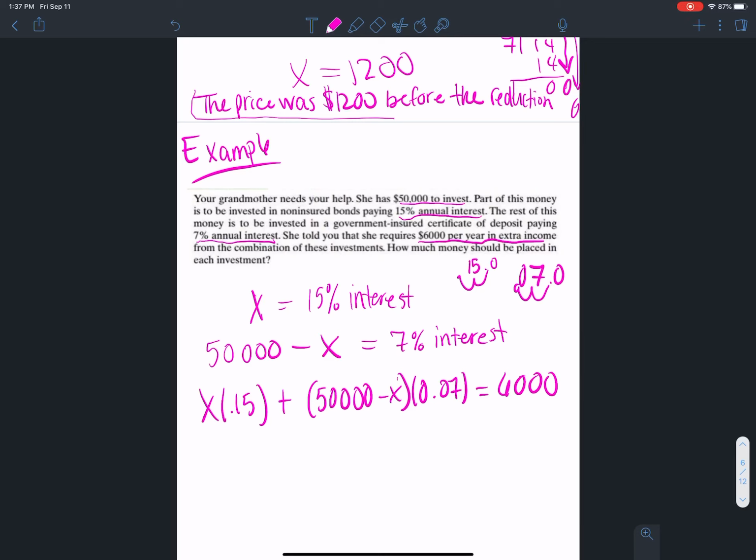So again, 0.15, this is our interest. And 7% is also our interest. They're just different ones. $50,000, we don't really talk about it there, but this X is the amount invested, or the rate, yeah. So anyway,